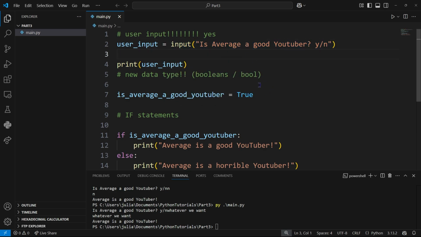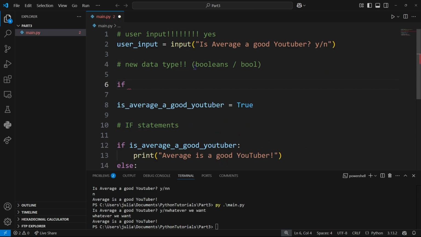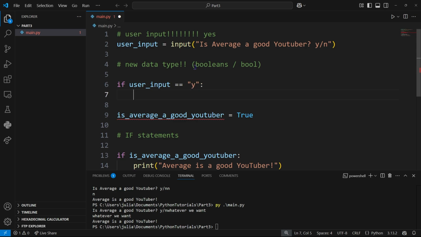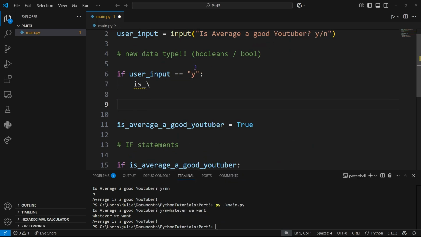Now, how exactly do we change this variable so that is average a good YouTuber gets determined by what the user says? Well, it's not too hard, and it requires the use of another if statement. So we can do if user input, and for this, we're going to be using two equals operators, and this is what's called the equality comparison operator. This checks if something on the left hand is exactly equal to whatever is on the right hand. So we could put in y,